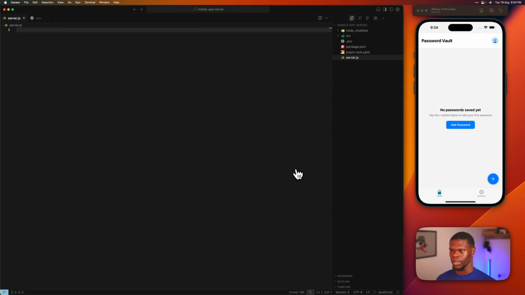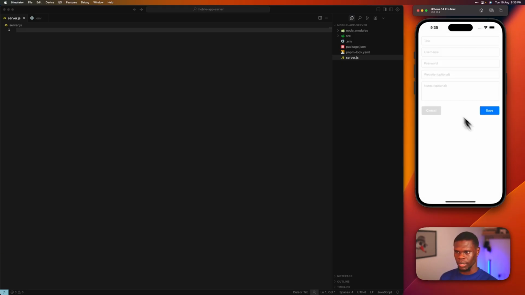Now, right off the bat, we are building a simple mobile app. This is a password vault, very similar to Apple's passwords app, well, inspired by Apple's passwords app. As you can see, it's a React Native app. We've already built out the front end, all of the code, everything will be made available in the description. But this is what it currently looks like,